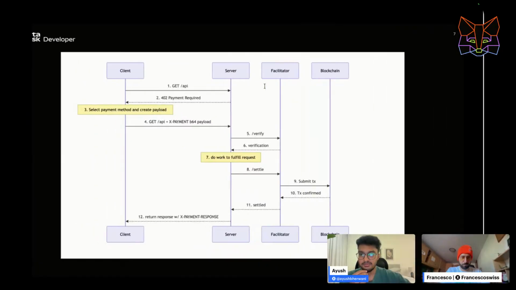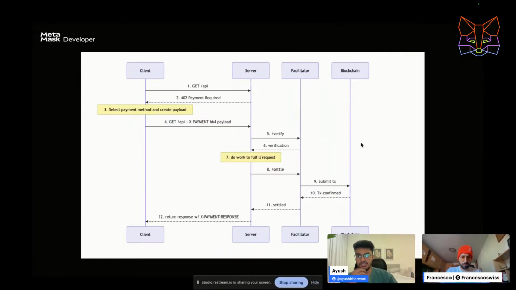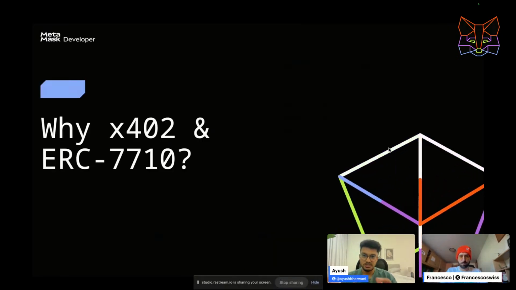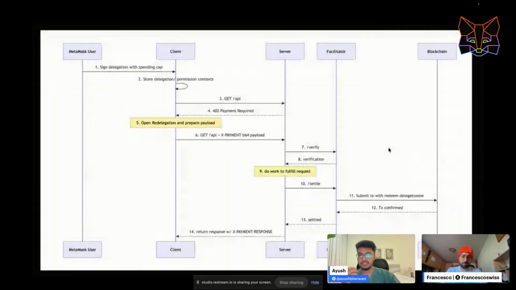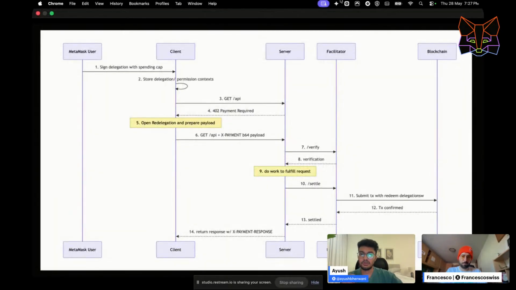So one of the problems in x402 earlier was that you were not able to do subscription kinds of payments, right? It is possible with the up to scheme, but the problem with up to is that you need to do token approvals, and we all know token approvals are riskier. Sometimes when your token approvals are exploited, anyone can drain the funds out of your wallet, and we don't want that. We want to avoid that, right?